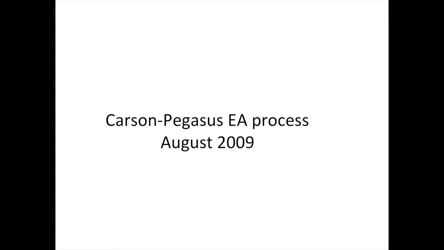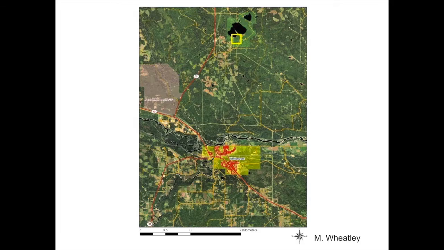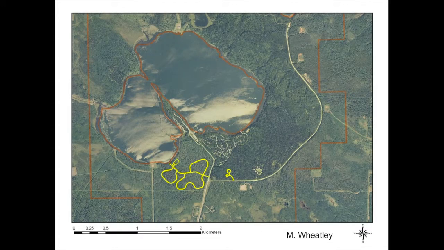When we are establishing any kind of facility within a park, whether it's a trail, a road, a new campground, we run through an environmental assessment process, and wet areas mapping is a huge component of that. And I want to give an example from Carson-Pegasus Provincial Park, just north of Whitecourt. Carson-Pegasus has a huge recreational constituency. A lot of people go there for boating and fishing. The park itself is delineated by this orange line. We have an existing campground, but there was a proposal for a new campground because of the increased recreational pressure